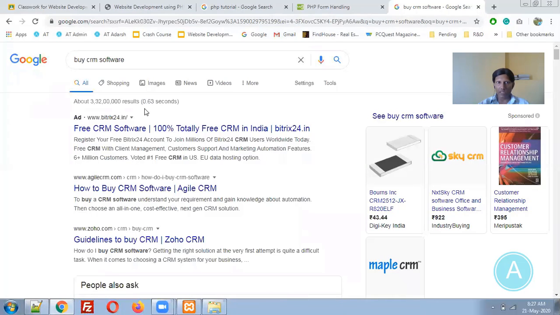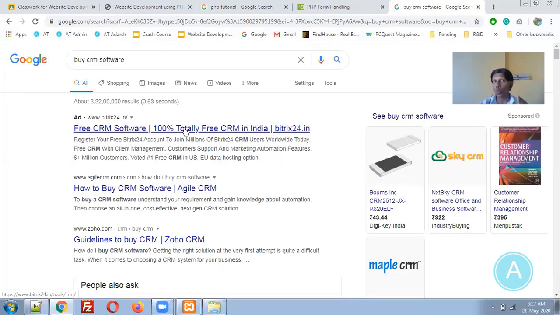Are you aware of these concepts? No, sir. Okay. This is an advertisement given by this particular company, the Bitrix 24 company. They have given the advertisement to Google, and Google is displaying that advertisement to the users. Whenever you click on this advertisement, it will open, and now the URL will be something different. Now I am clicking on this particular URL.